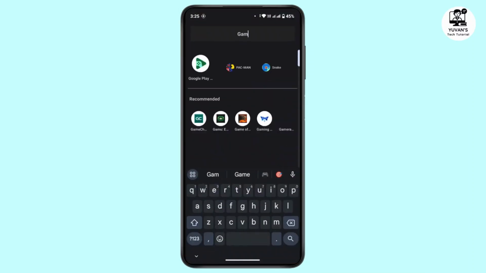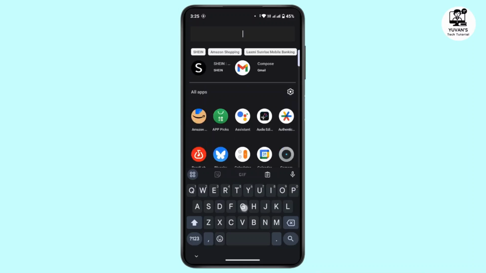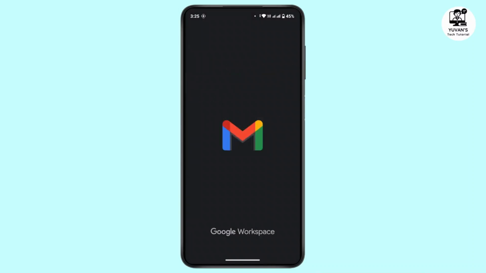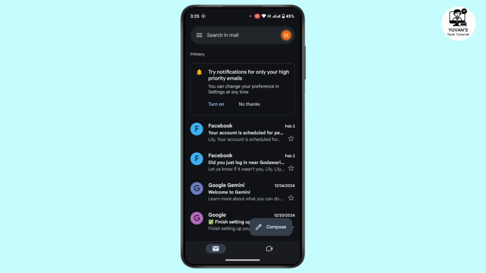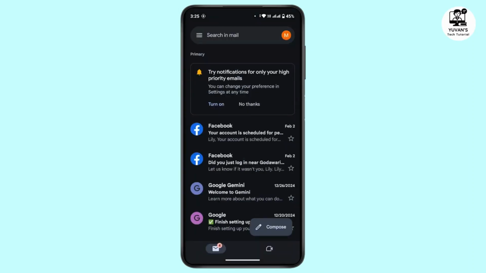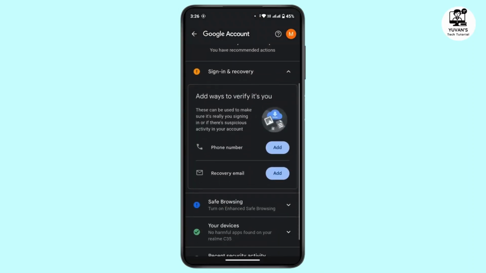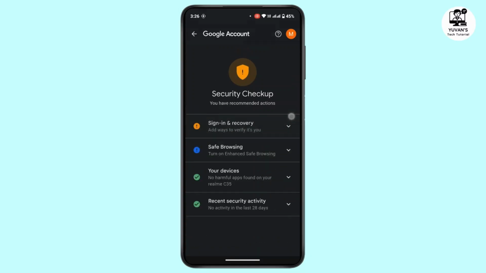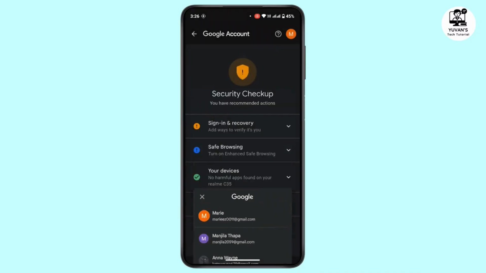So first of all, open up your Gmail in your device. Then head towards your profile icon at the top right. Once you tap on your profile icon, there you can see just below your profile name there is recommended actions. If you tap on it, you'll be taken to this page where under recommended action you have to enter your sign in and recovery. So in order to do that, again tap on your profile icon at the top right,